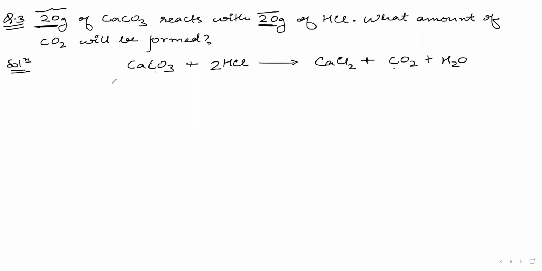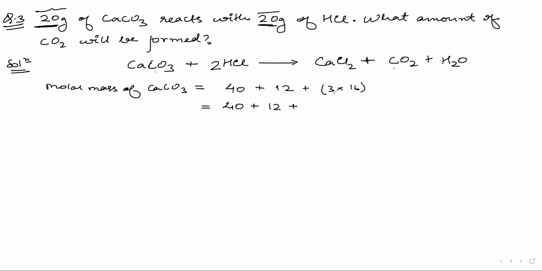Okay, so I'm starting to do this. Everyone who has not done till now, please see. First of all, we have to calculate the molar mass of CaCO3. So this will be equal to, what is the molar mass of calcium? It is 40, right? Plus carbon is 12. Plus 3 oxygens, that means 3 into 16, so 48. 48 plus 12 will be 60, plus 40 is 100 grams.